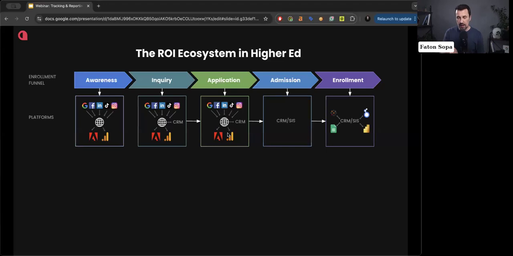Because the CRM and student information systems usually operate in silos and do not send the data back to Google Analytics. So what we always recommend is what we call closing the loop. What happens is that you are tracking the leads and applications in Google Analytics, and then that information goes to the CRM.